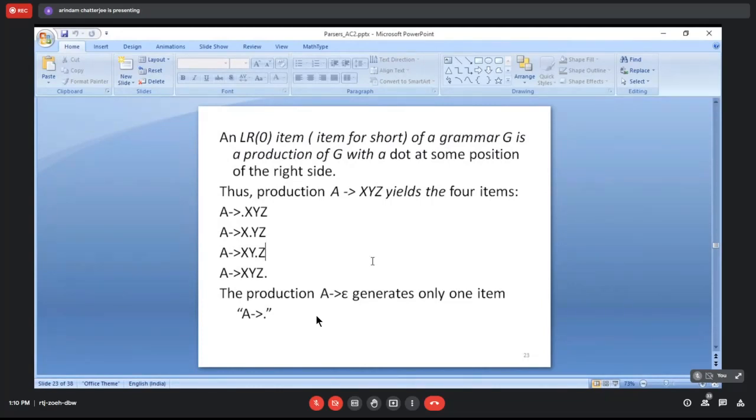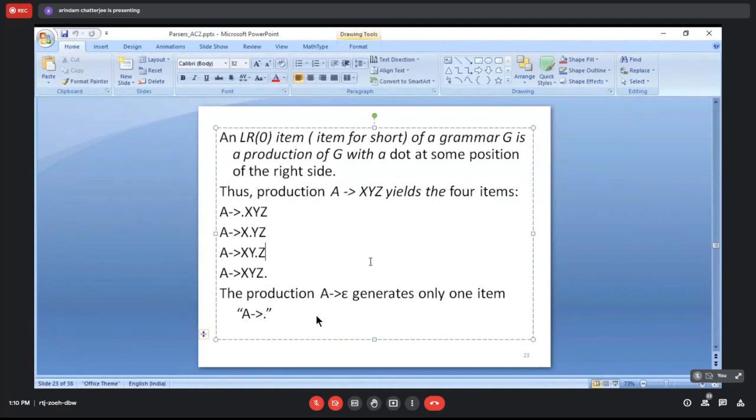Now we'll move to a different topic altogether, where you will see that the SLR1 parsing method fails. I'm not going to go into the details of why it is failing. Again, that will require quite some time to explain, but we'll just show a case of failure to convince you that SLR1 or LR0 is not sufficient. So we need something more powerful than that.